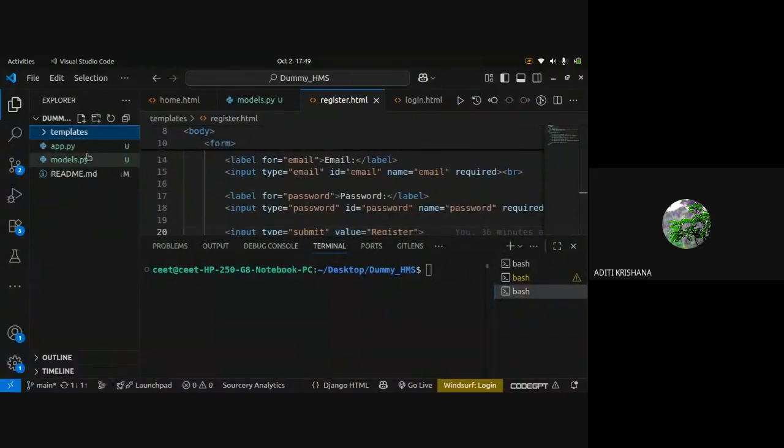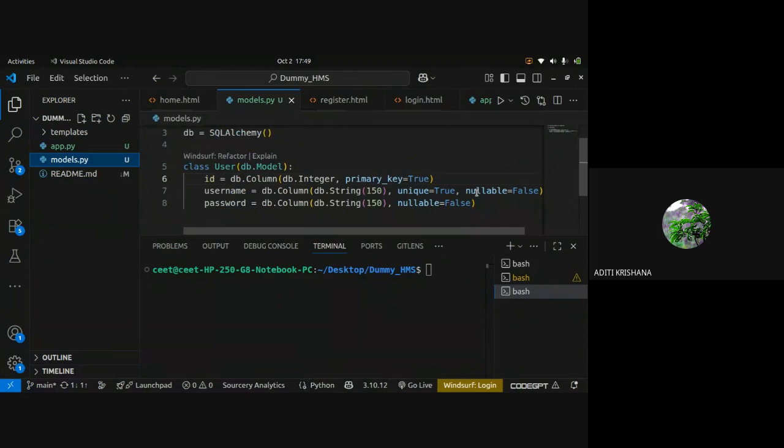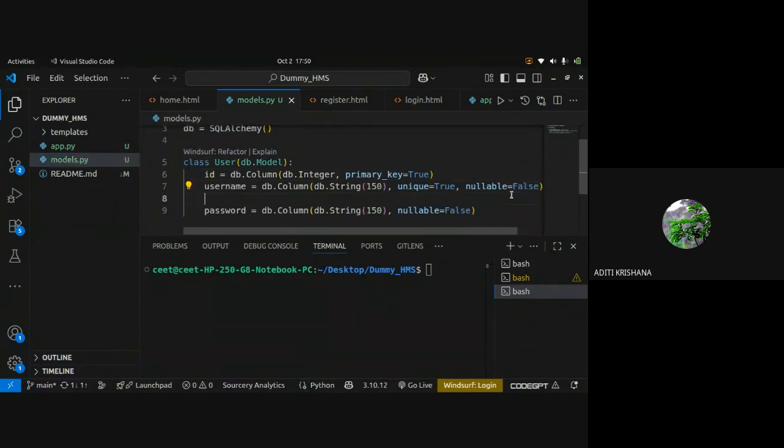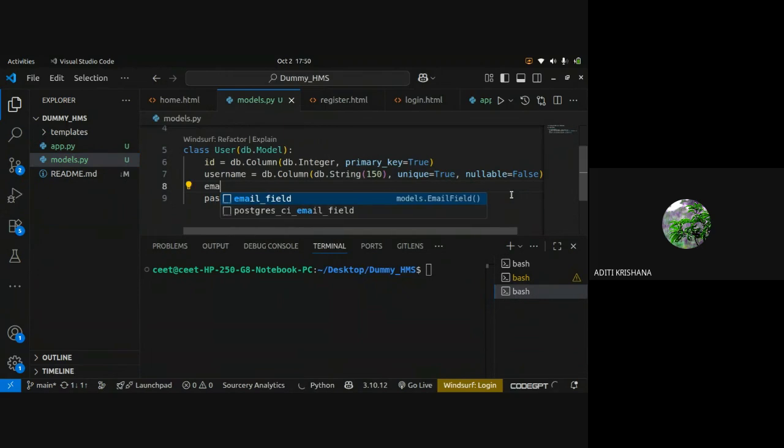So I will go back to my models.py, and after username, I will add one more column, that is email, because if I write some extra columns in my HTML page that are not inside my tables, it will throw an error.